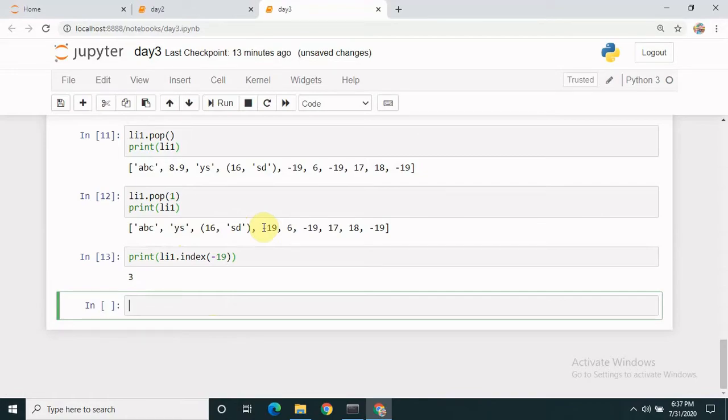There are ways to find the further index. There are two more variants of the function index. So my suggestion is please consult the online Python manual to understand more about this function.